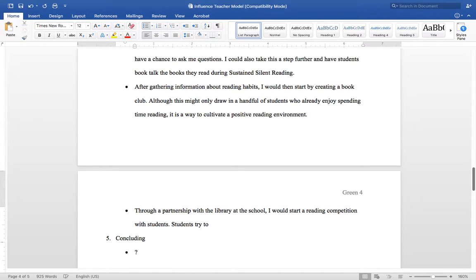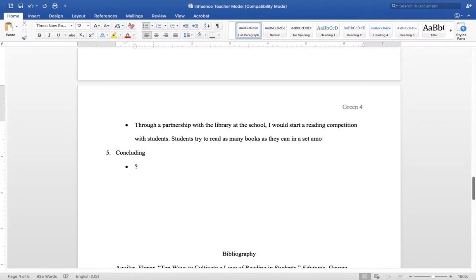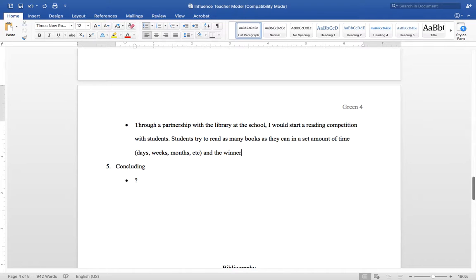Students try to read as many books as they can in a set amount of time, days, weeks, months, etc. And the winner,